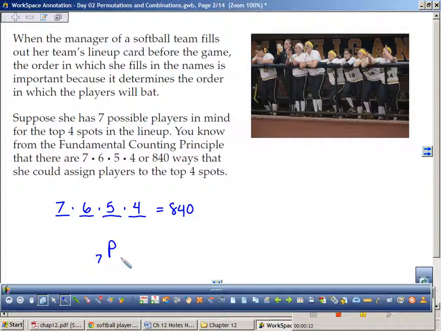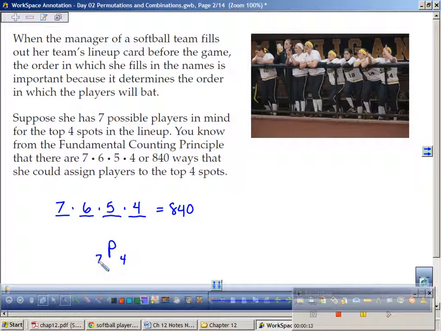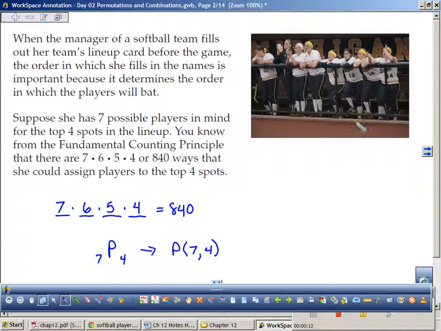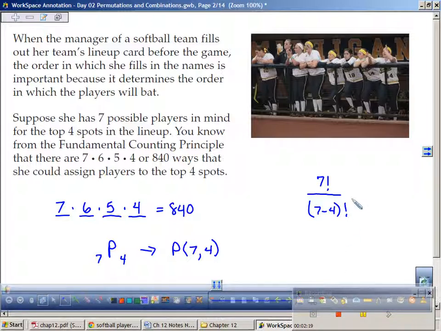7 permutation 4, or there's 7 players, and out of the 7 we're going to pick 4. This can also be written like this. 7, pick 4. And what this looks like is 7 factorial over 7 minus 4 factorial, which is 7 factorial over